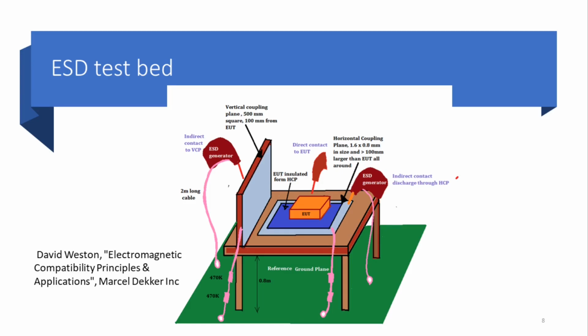A ground reference plane shall be provided on the floor of the test area. It shall be a metallic sheet of copper or aluminium of 0.25 millimeter minimum thickness. Any other metallic materials may be used, but they shall have at least 0.65 mm minimum thickness. The minimum size of the ground reference plane shall be 1 meter, and it shall project beyond the EUT or coupling plane by at least half a meter.